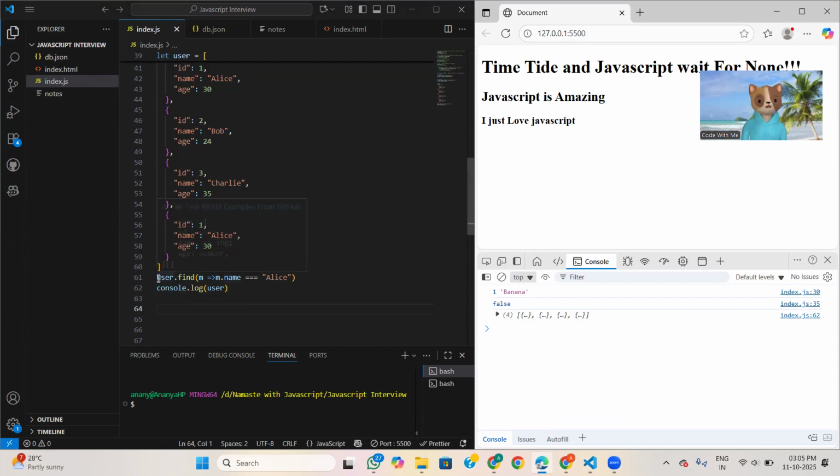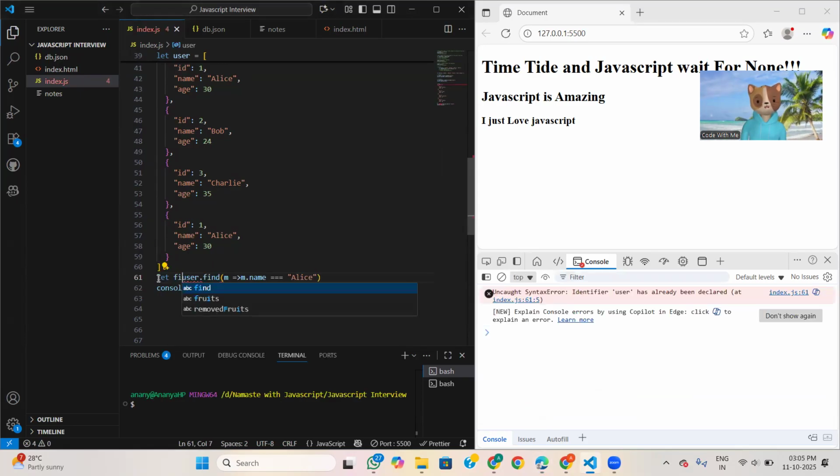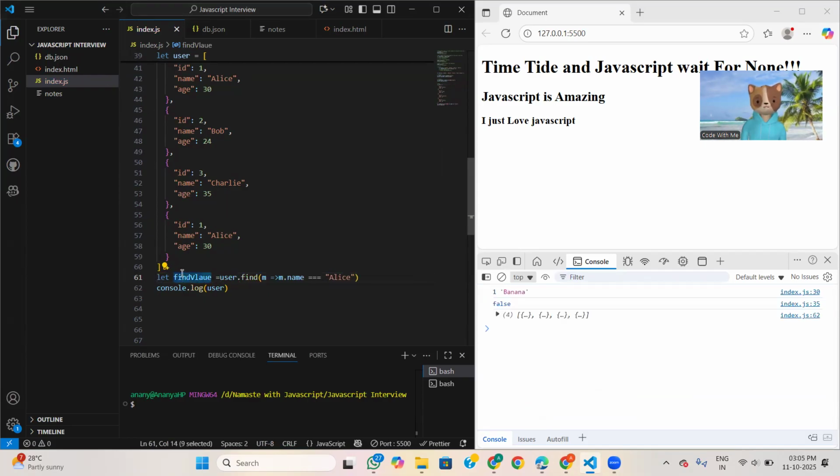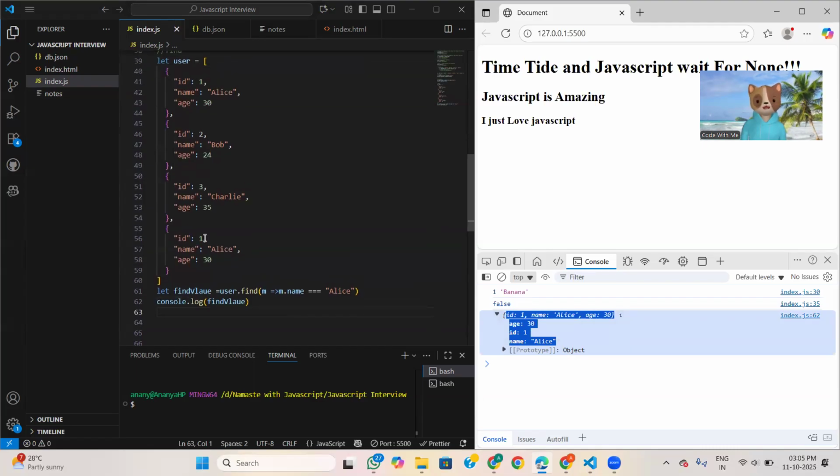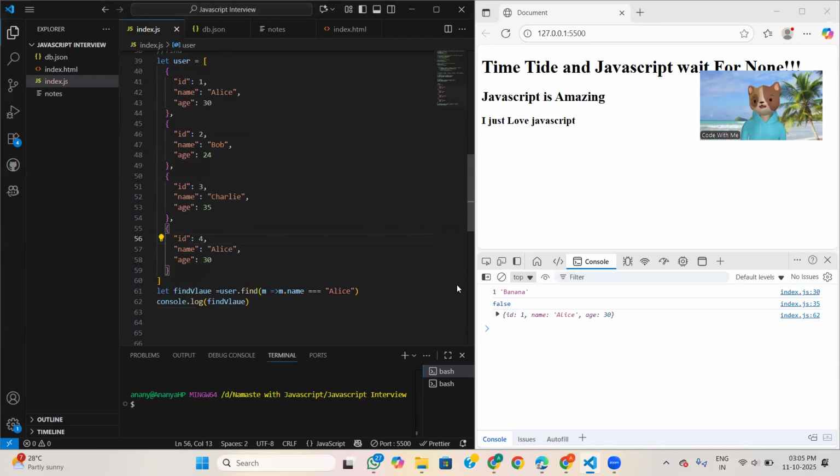We have to store it in some variable. Let find value is equal to. See here, in fact, two data is present, but it only returned the first one, not the second one.